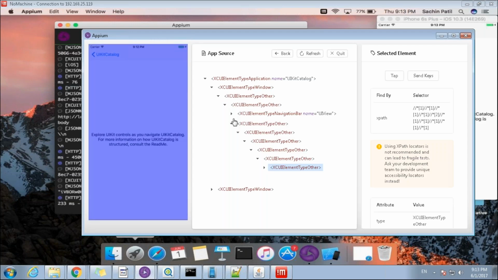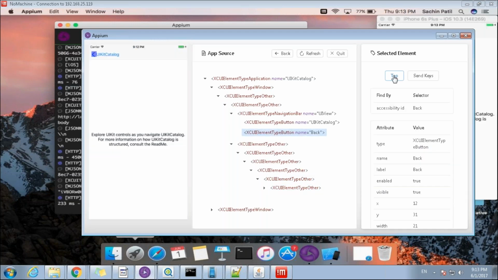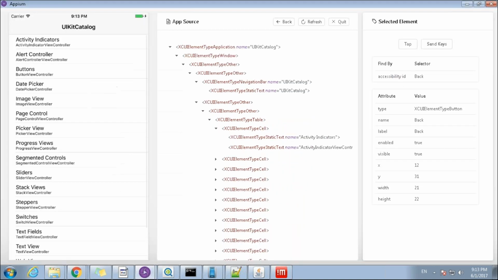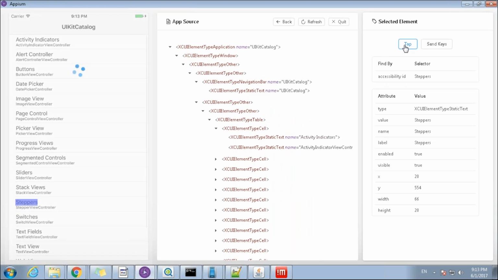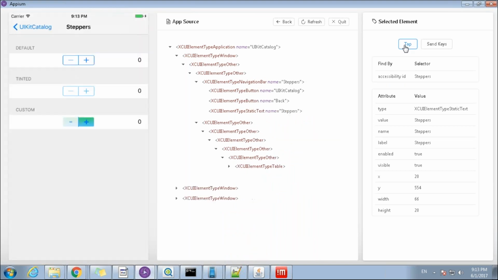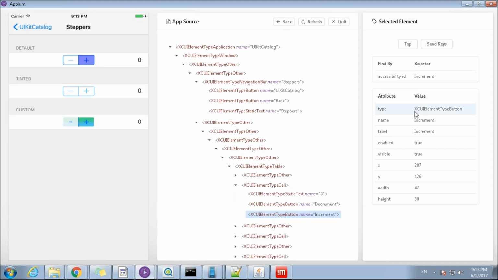All right. So the application is rendered here. Let's go to the specific control, the stepper control that we want to use in our test case. So what we see here is the stepper control. What we are going to do is capture the button and use it in Qualicia.